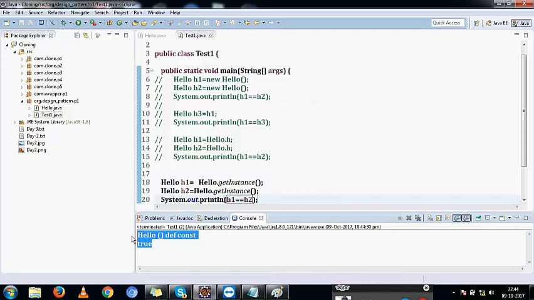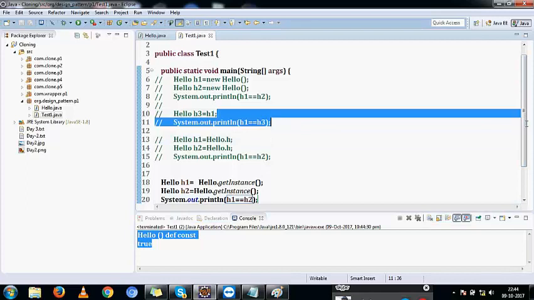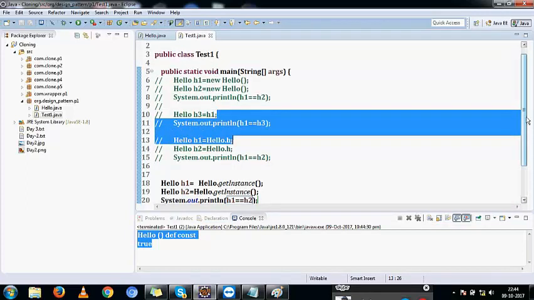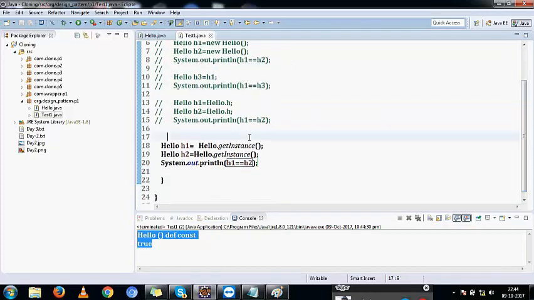But you check the execution flow. First, the main method will start execution, test1 will run. In that main method's stack memory, h1 is a local reference variable, then it has to say Hello.getInstance. But before Hello.getInstance, the Hello class has to be loaded. The Hello class has to be loaded. At the time of loading the Hello class,